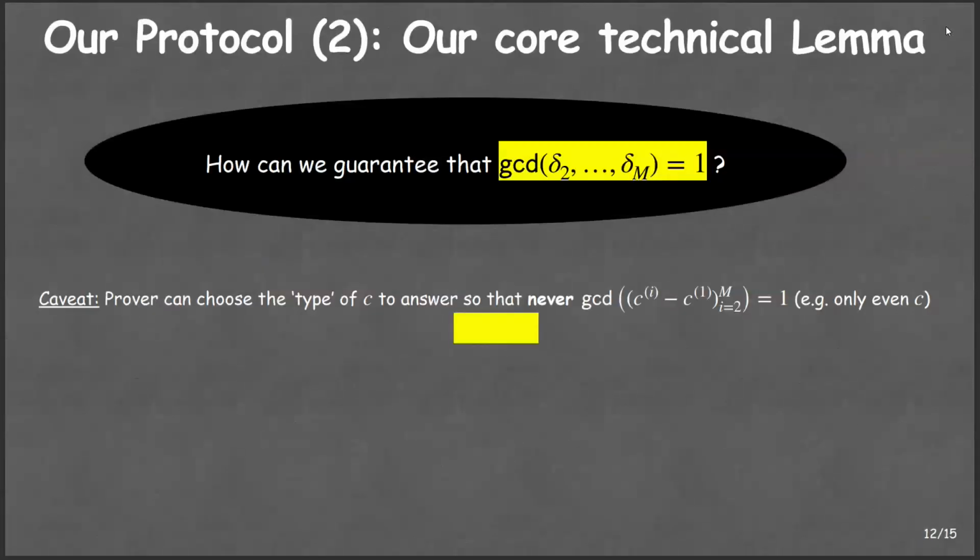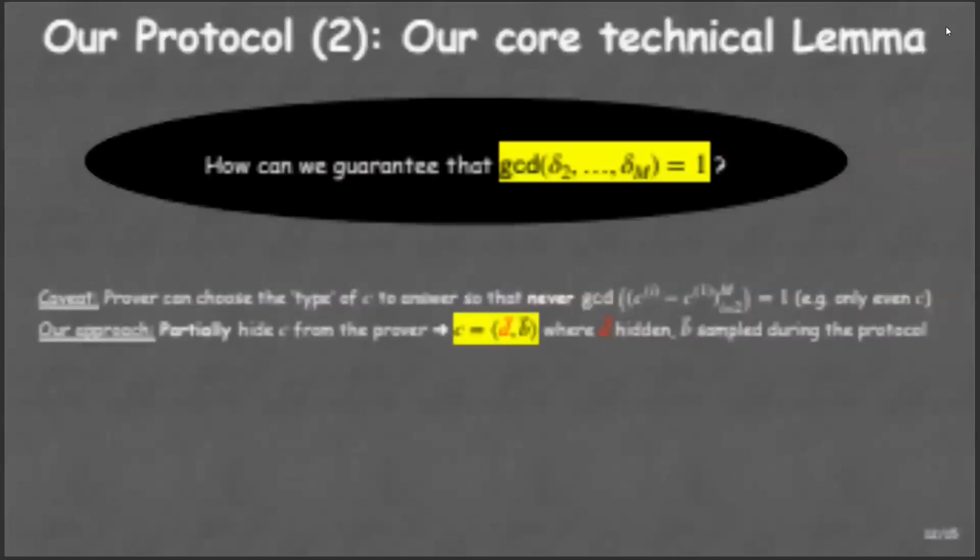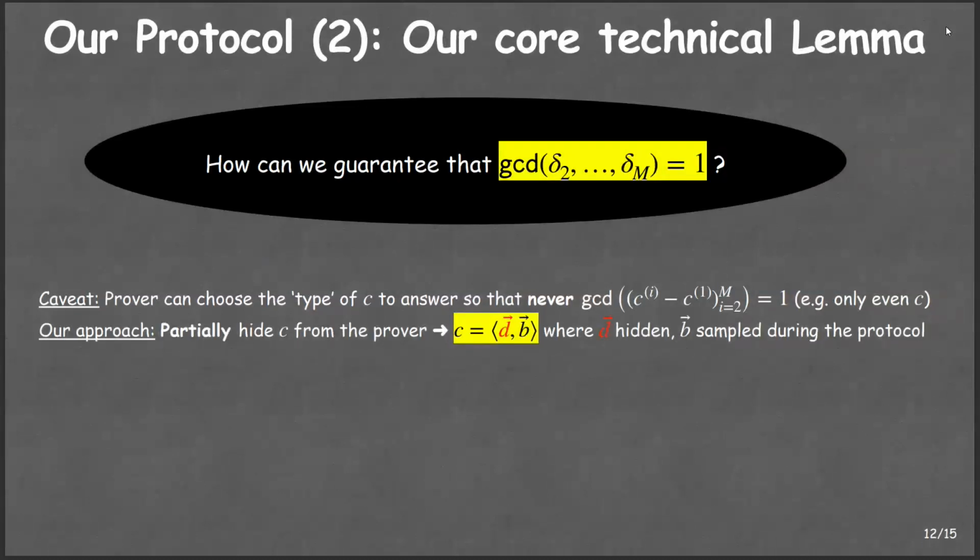The thing is that the prover can be smart and choose the type of challenges to answer so that this GCD is never equal to 1. So, for example, the prover can only choose to answer even challenges. And then the GCD is going to be at least 2. So our approach is to partially hide the challenge from the prover by having it being a linear combination of